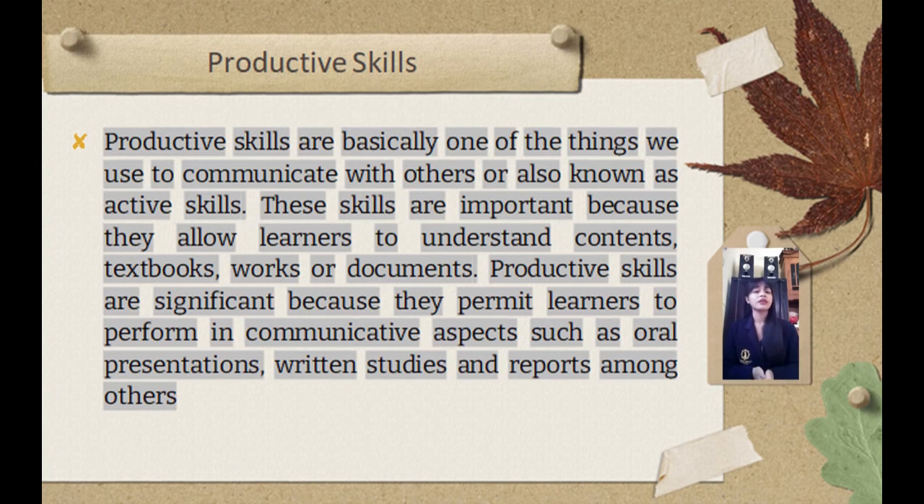So, what is productive skill? Productive skills include writing and speaking, and are basically one of the things we use to communicate with others, also known as active skills. Productive skills are constructing something in a form of language to tell people. These skills are important because they permit learners to perform in communicative aspects such as oral presentation, written studies, and